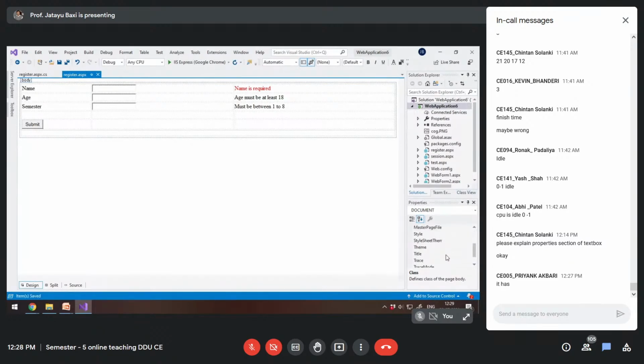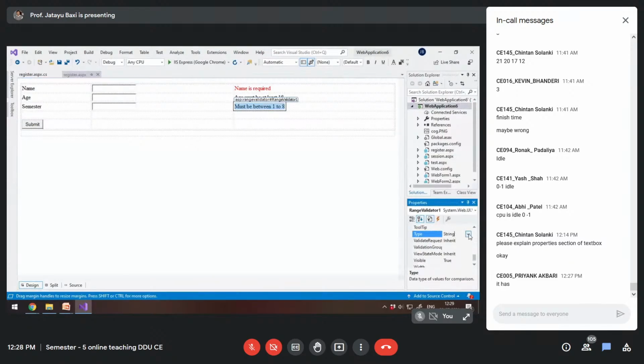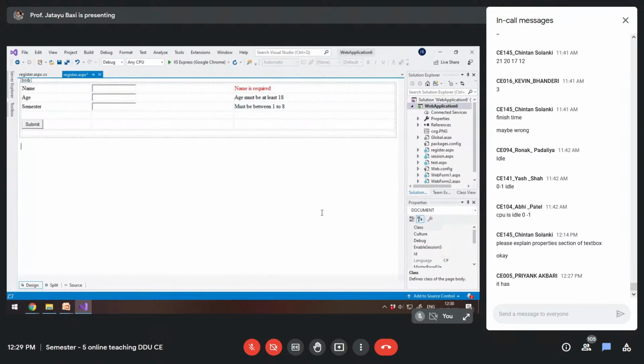Okay. Then second is the type property. So type is integer again, and the minimum value is 1 and maximum value is 8. Okay. So this is done, semester.